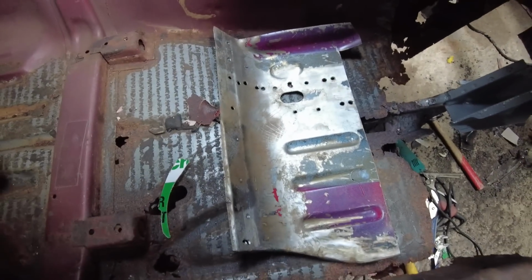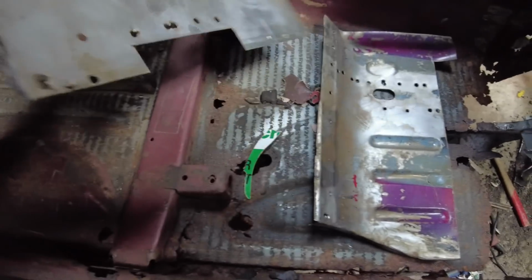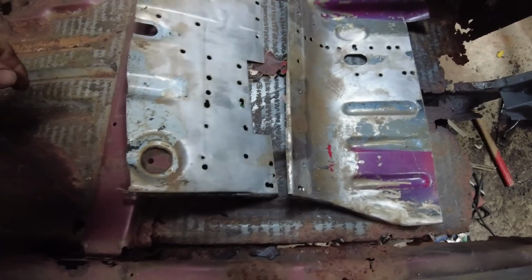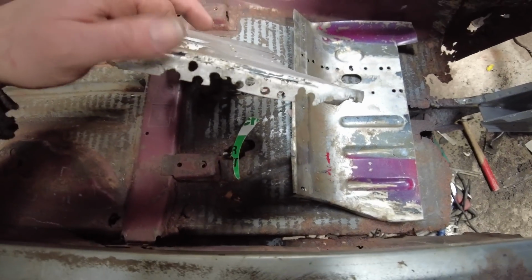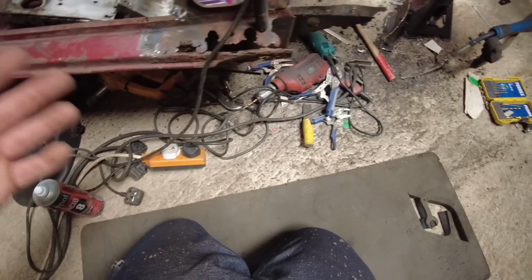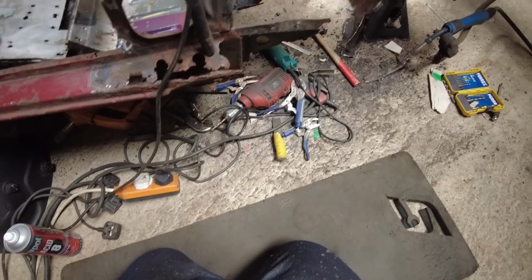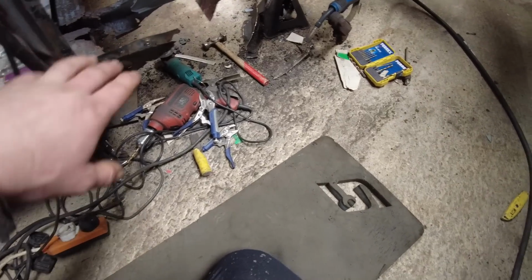Plan today is to have that piece of the bulkhead welded in, repair that section on this floor piece, and also get that welded in. We'll not be able to weld to the inner sill because obviously that's going to be getting replaced. So the plan for the end of today is get them all welded in,